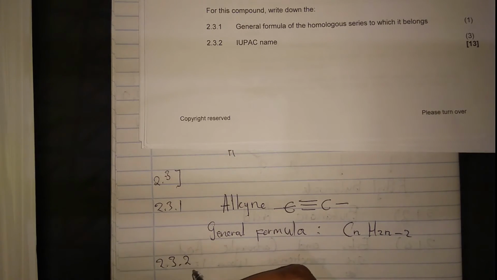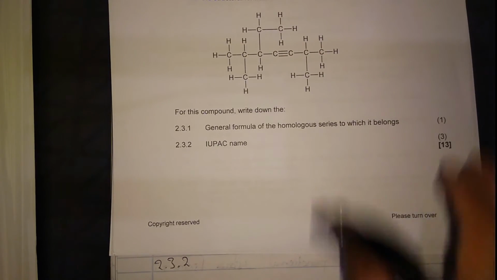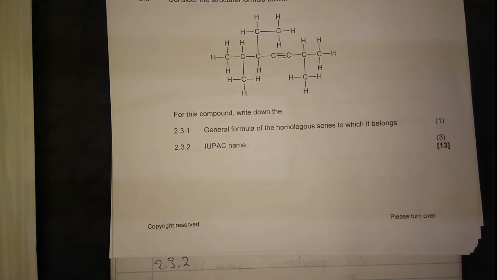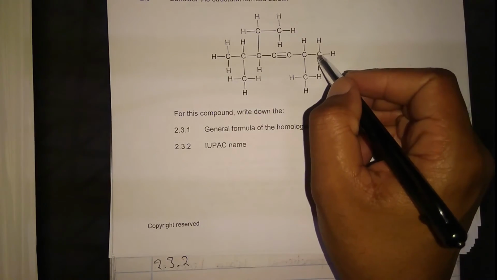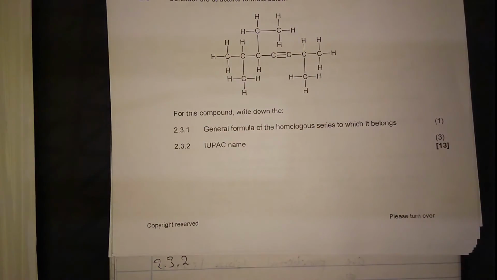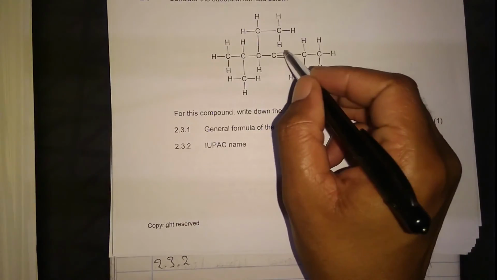Now 2.3.2, give the IUPAC name. So if they give you a structure, the first thing you must identify is the longest chain, right? As counted from left to right. Why am I counting from left to right? The triple bond must be